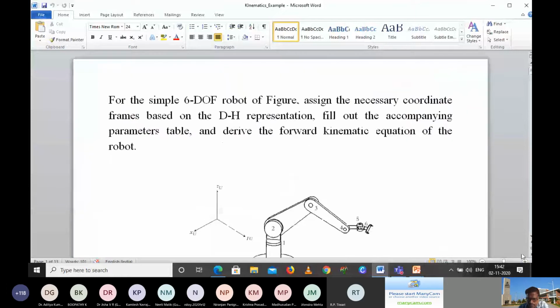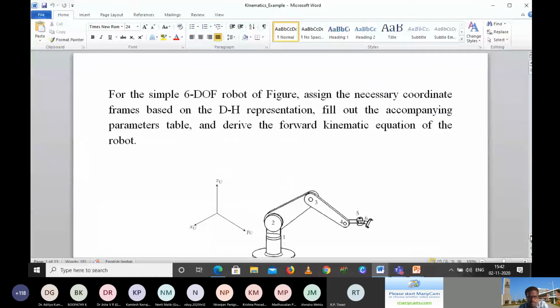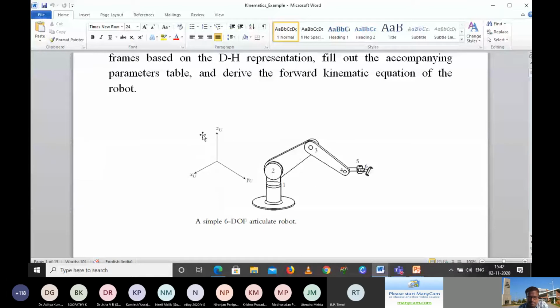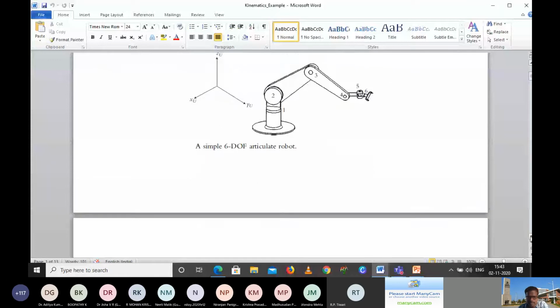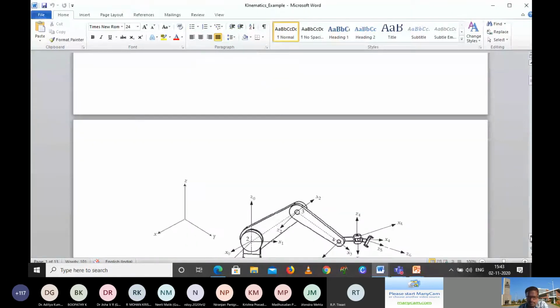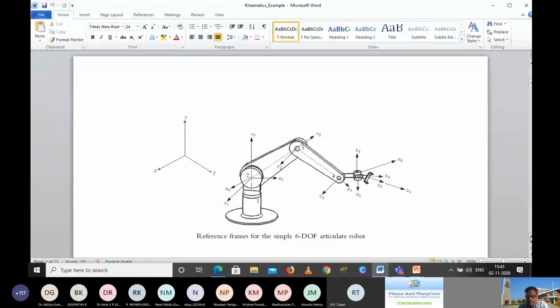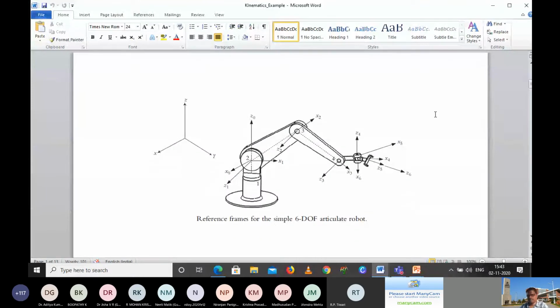So what we are going to do is mark the DH parameters for this particular joint. It's 3-dimensional, so joints 1, 2, 3, 4, 5 and 6 are given in the 6DOF articulated robot. Once they are given, you can immediately write that in the DH parameter table: 0-1, 1-2, 2-3, 3-4, 4-5 and 5-6. That configuration you can write. Then, based on the rotational axis, you have to mark all these points. That is very important.